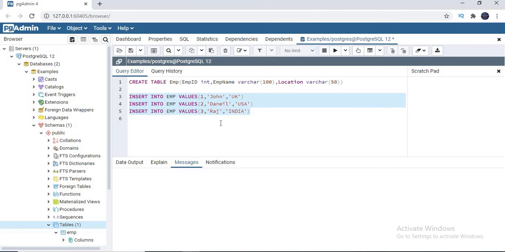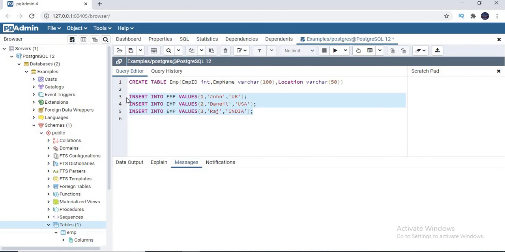Now I am planning to execute all these three commands in one shot. If I select all these and execute, will that work or not? See, it will work with a small modification. You need to end each and every line with a semicolon, because this line is completed with this. That's the reason let's end with the semicolon. If the line is completed, then end that particular line with a semicolon and execute all together in one shot.